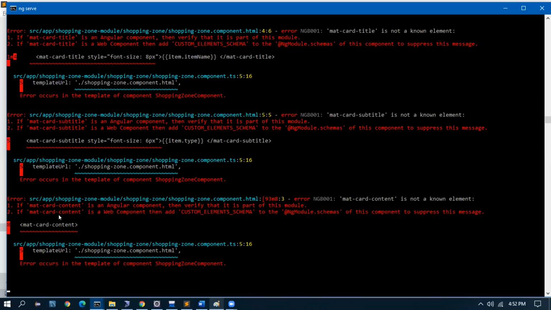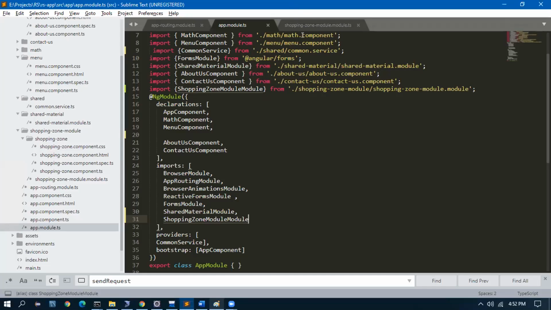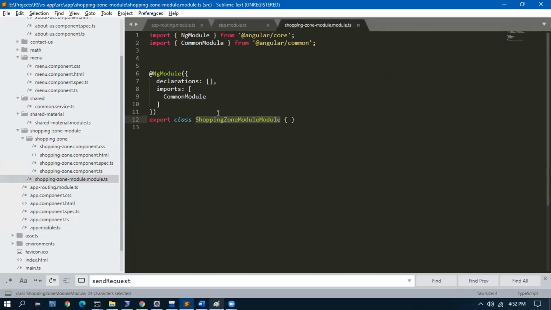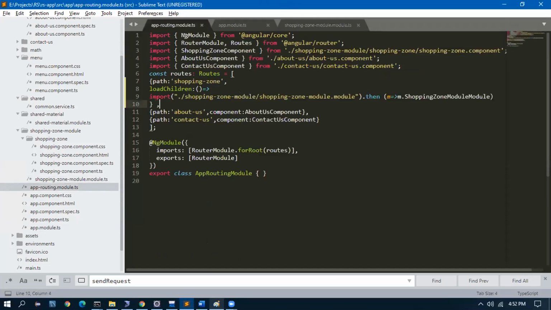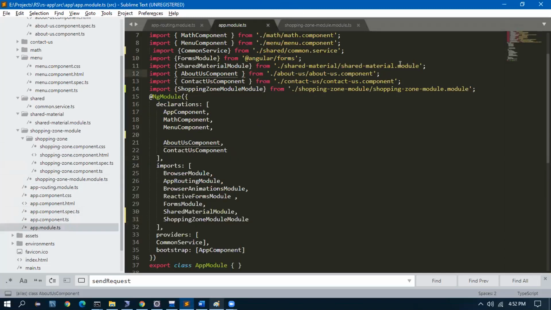Okay, it is telling Mat card is not known because in shopping zone module we have to share the material module.